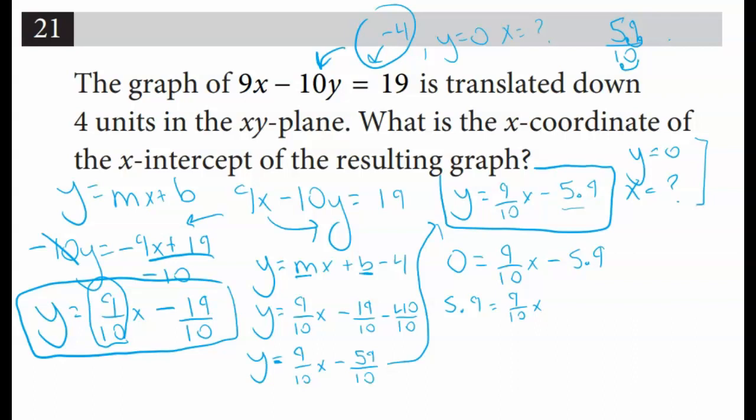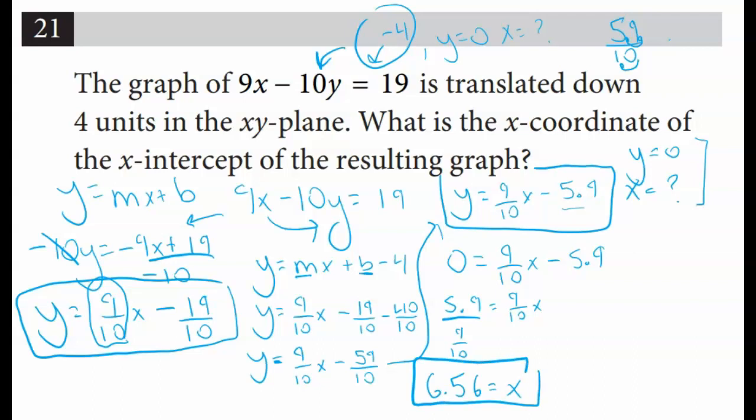And you can do this 2 ways. You can do 5.9 times 10 divided by 9, or you can just find 9 over 10, get it into a decimal, and then divide 5.9 by that decimal. Either way works. So if we do 9 divided by 10, we get 0.9, and 5.9 divided by 0.9 is 6.56. So if we divide this by 9 tenths, we get 6.56 equals x, and that is going to be the correct answer